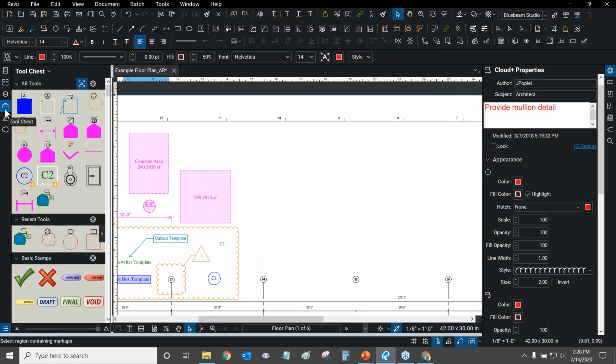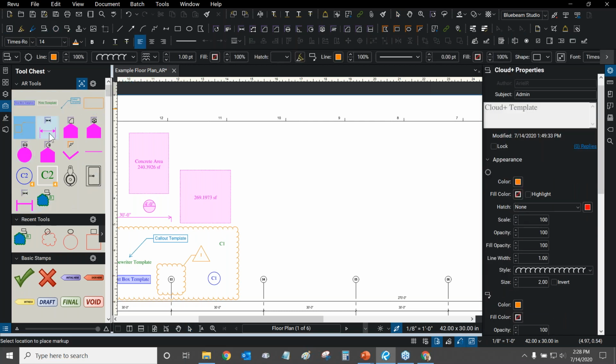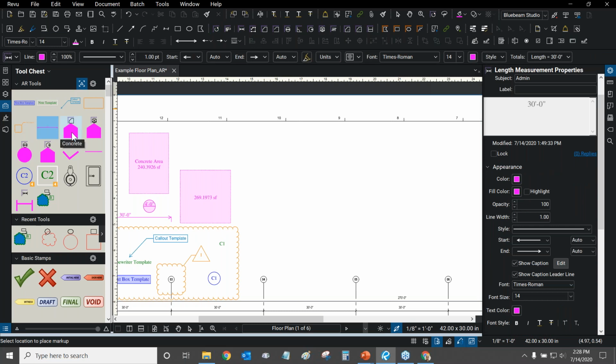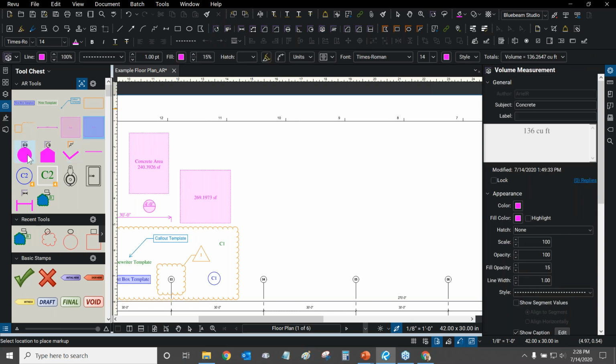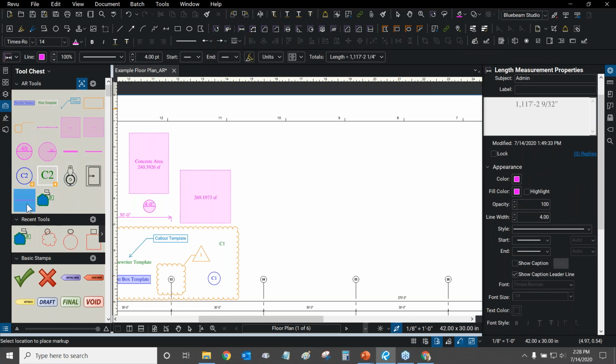To access our tool chest, we just click on the little lunchbox icon right here, and we have all of these different tools. And I'm going to show you what happens when I double click on all of my tools that I've saved here. Each one is now reverting back into what's called drawing mode. I like to call it carbon copy mode, because now these are actual copies of the markups that I had placed in the tool chest when I first got them. Now they look exactly the way they did when I saved them.